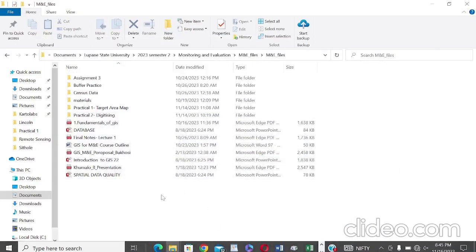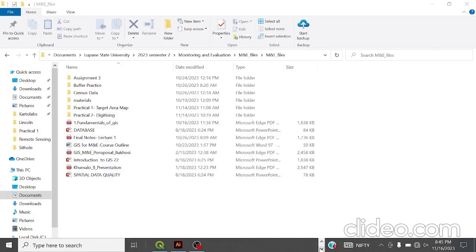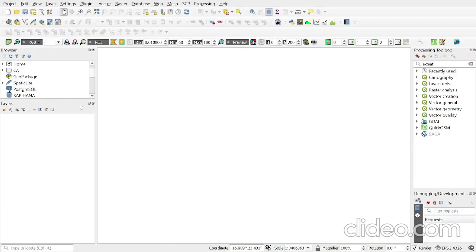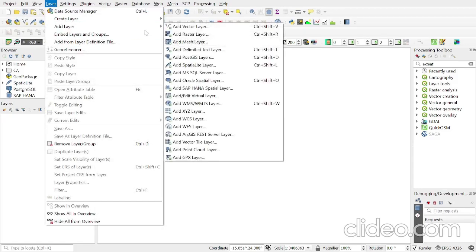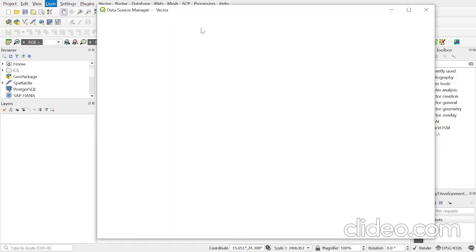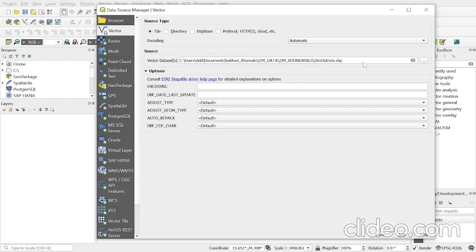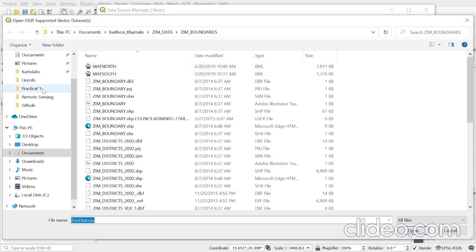Ladies and gentlemen, today I will show you how to create a simple study area or target area map in QGIS. So what you need to do first is to add your ward and district boundaries. This is how you're going to do it. You're going to go to Layer, Add Vector Layer,